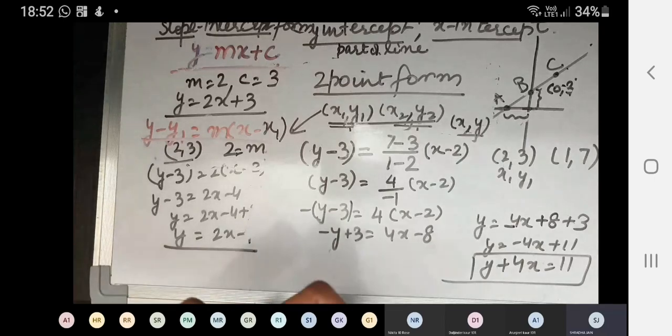Understood with the examples? Now you are actually good to do the whole